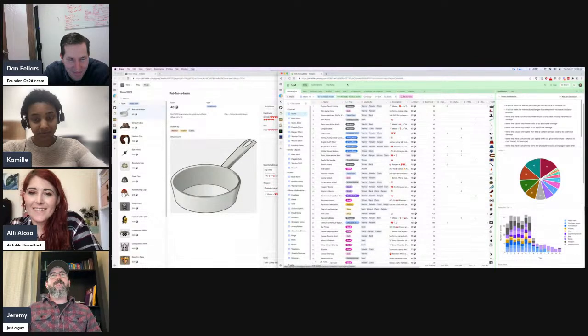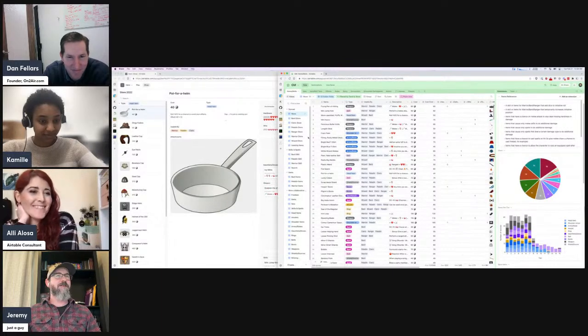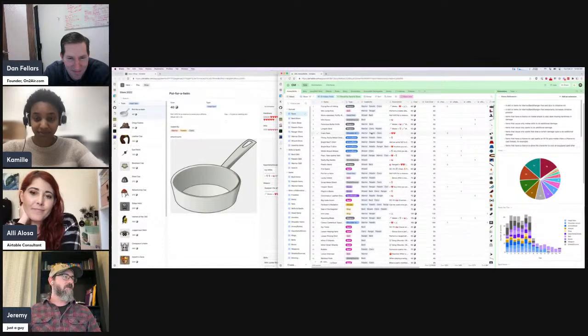What's hard is trying to figure out how much to talk about the game itself, versus what I'm supposed to be talking about, which is the Airtable system behind it all. But the items really drive the character progression for my kids and for the characters that they are playing in our adventure game.